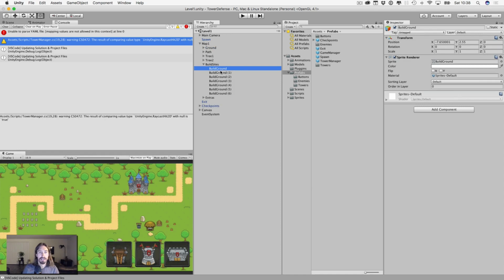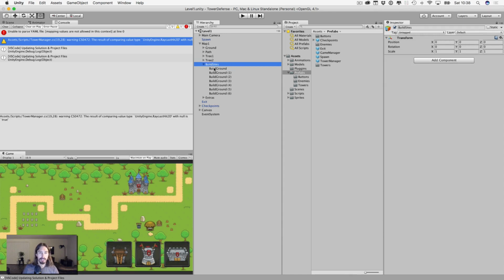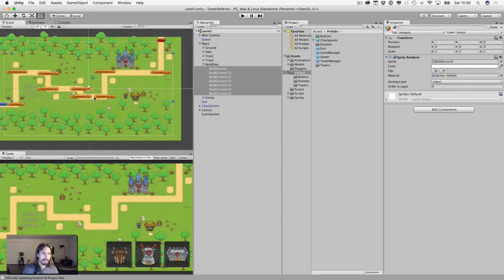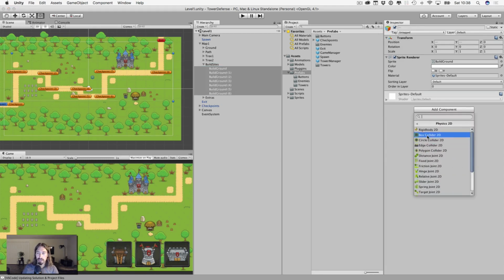Okay, so what we need to do is we need box colliders on basically our ground, our path, and our build sites so we know if a collider hit it, okay? So what we'll do is let's go ahead and just select all the ground pieces. And if we had our scene open, you'd see that they're selected. See how that one's selected up in the left corner? All right, so select all these and hit Add Component and go to Physics 2D